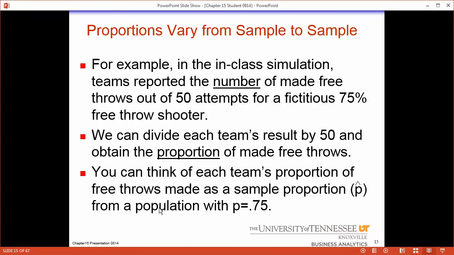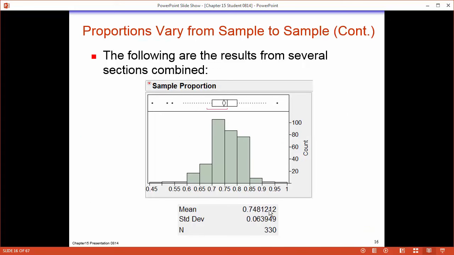We've seen this before because when we looked at people making free throws, we looked at the idea of 50 attempts when we would expect 75%. This is where we flip the coins. The population proportion should be equal to 75%. Well, that's what is expected, but not all the sample proportions are going to be equal to that. When we look at it in the long run for our classes, we saw 330 simulations, and the average, this is not a quantitative mean, it's the average of all the sample proportions, was 74.8.